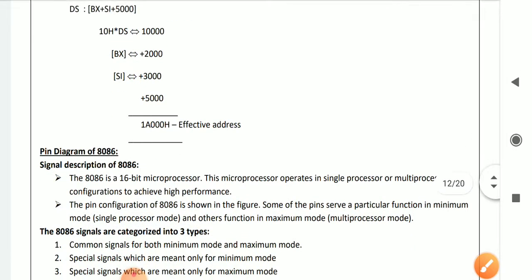Again, the pin diagram of the 8086 microprocessor. Before going to the pin diagram of the 8086 microprocessor, remember all the pins in 8086 microprocessor are divided into different categories. To minimize the hardware requirement, multiple pins are multiplexed, meaning a single pin can be used for different purposes. Either it is 0, it will mean something, or it is 1, it will mean something else. So in a single pin you can multiplex multiple functions.